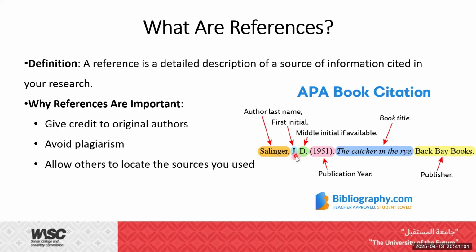I mean, this J is an abbreviation for example, John or whatever the name is, followed by the middle name initials. And as you can see, all of these parts are formatted in a specific way